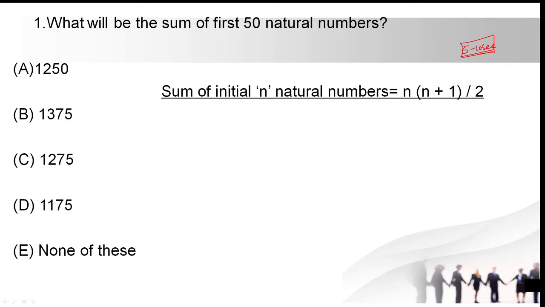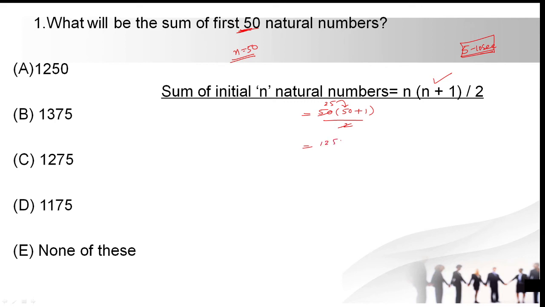So the sum of the first 50 natural numbers. Here our n value is 50. To find the sum of the first n natural numbers, we have a formula, that is n into n plus 1 by 2. I have given a few options also here. In the place of n, what needs to be substituted? We need to substitute 50 in the place of n. So this is 25 times. So now 25 into 50. What is 25 into 50?